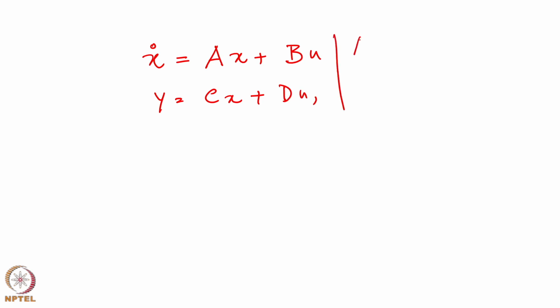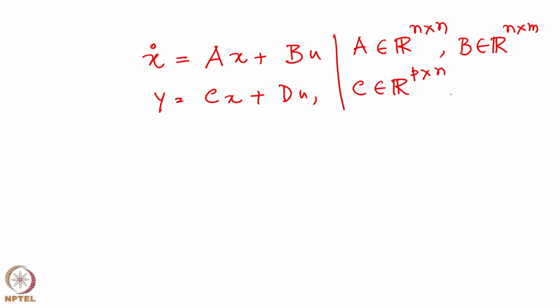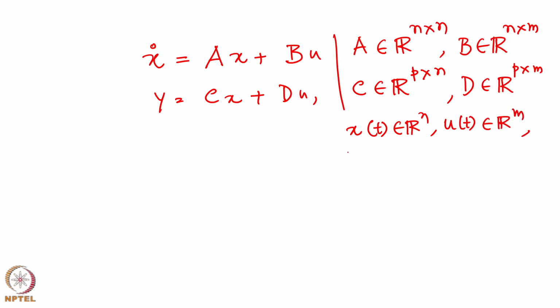Likewise, if you look at a state space equation for a system, remember x dot equals Ax plus Bu, y equals Cx plus Du, right, where A is a matrix of size n cross n, B is a matrix of size n cross m, C is a matrix of size p cross n, and D is a matrix of size p cross m. x(t) is an element of R^n, u(t) is an element of R^m, and y(t) is an element of R^p, right. Then one can actually define